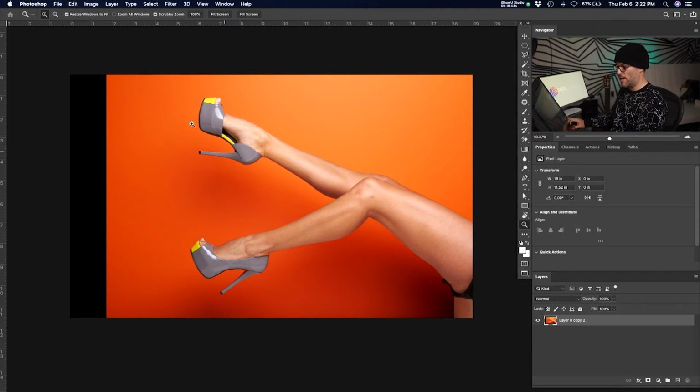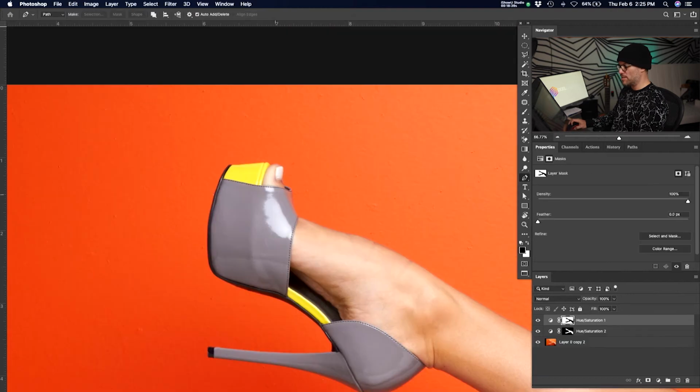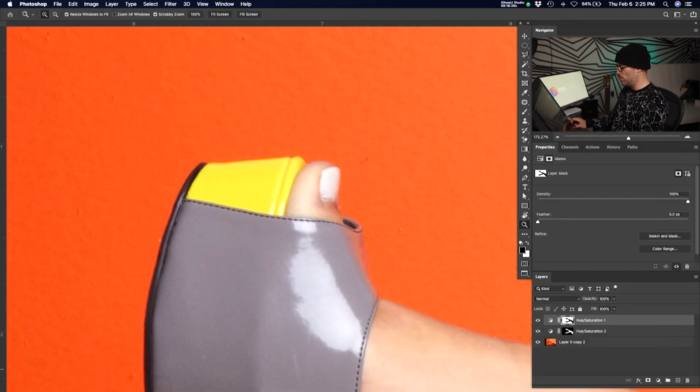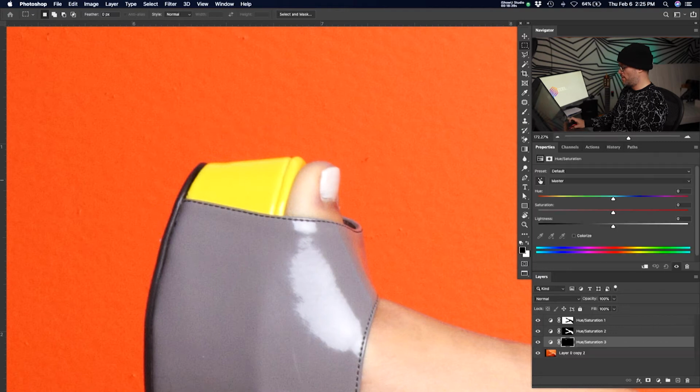Now what about if the colors are close side by side? Now this is what I was saying. You can use the color range tool to give you an exact selection, but let's just say I'm trying to move loose and fast and I need to make a color correction just on this yellow. I'm just going to make a rough selection around the yellow. I'm going to grab a hue sat layer and grab my selection, and right here, this is such a great example. Right in the middle is where I selected, but because I've selected a color that's close to the color that I'm trying to change, and the background happens to be orange, which is close to yellow, it's going to